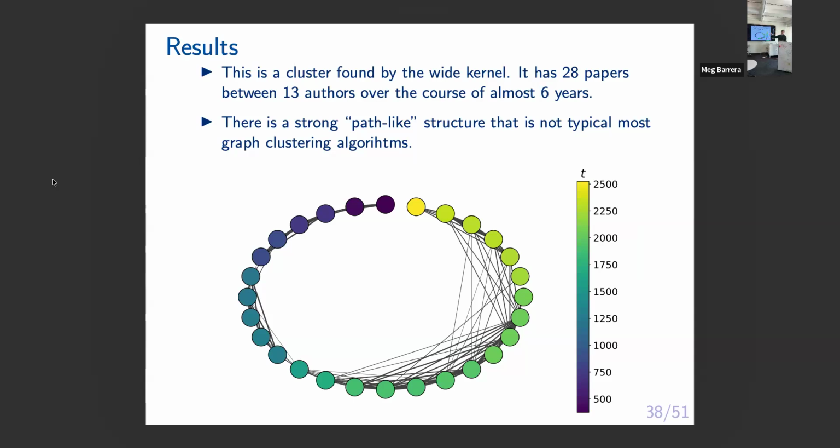There's one very strong path through this cluster, and this is why the single linkage clustering algorithm is nice for this kind of problem where we have to stretch a long way across time. We don't have to consider the fact that the nodes at the end can never fall into the cluster. They can exist in these kinds of long path-like structures.